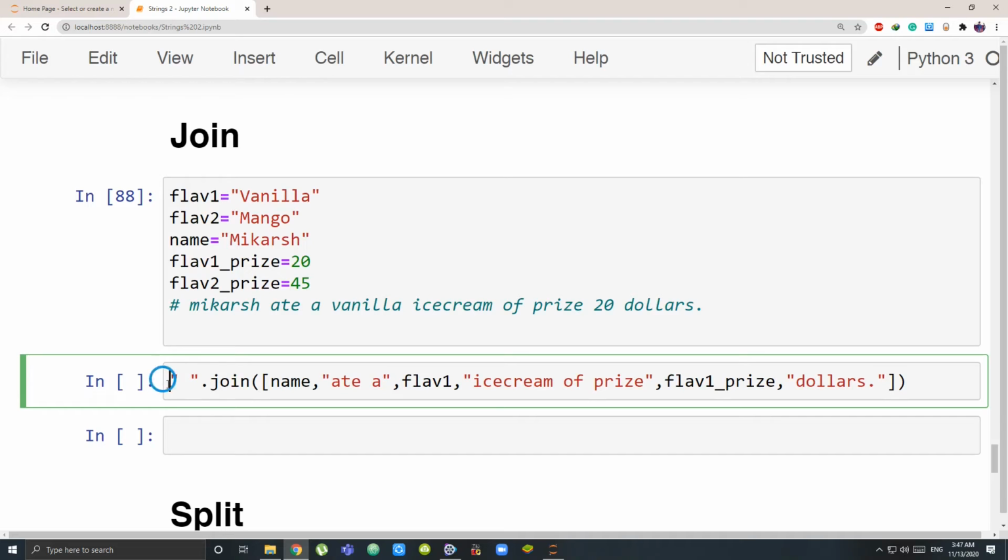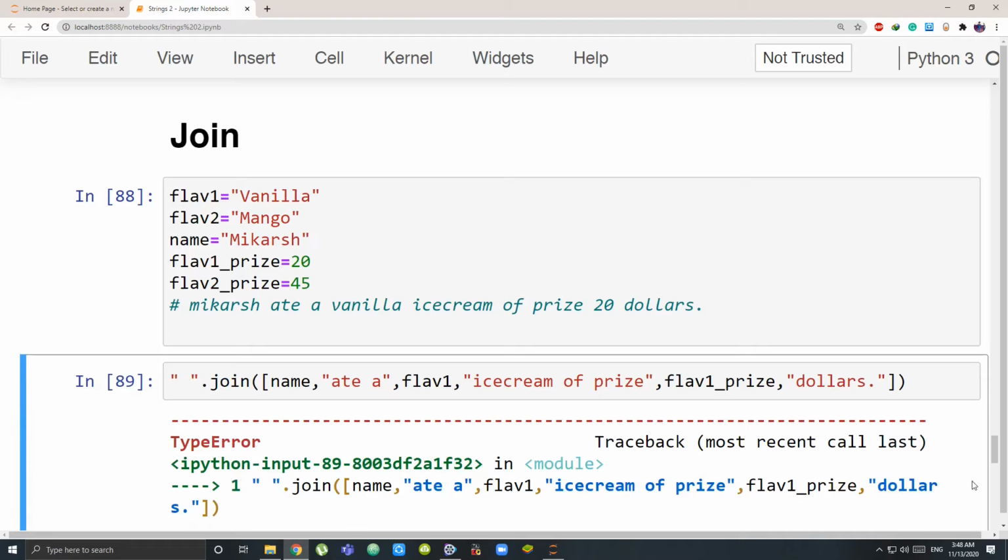So now let me explain what this whole sentence means. It means please use the dot join method and join whatever is inside the round brackets, given in the list, and these are single entries. Name is an entry, 8 is an entry, all of these are entries. Please join all of this. And how do you want to join? I have to write this inside quotes. I have put a space, join this with a space. Let's run it.